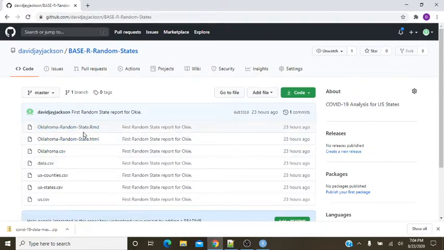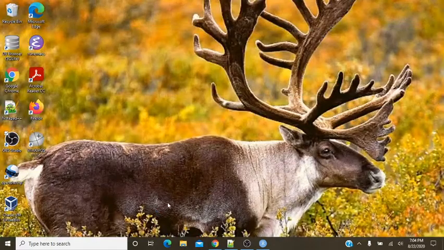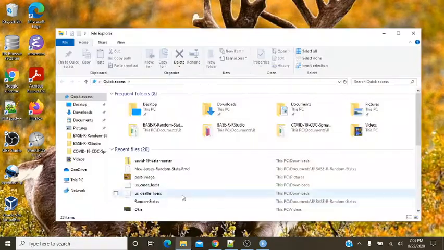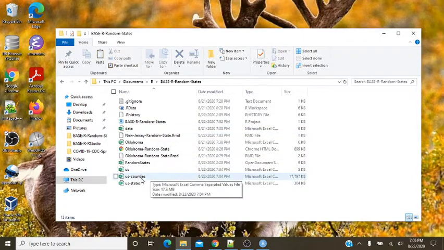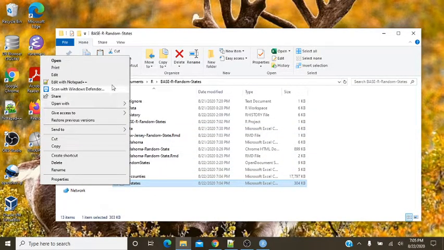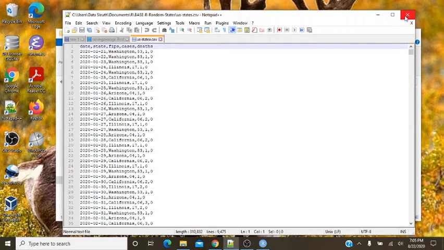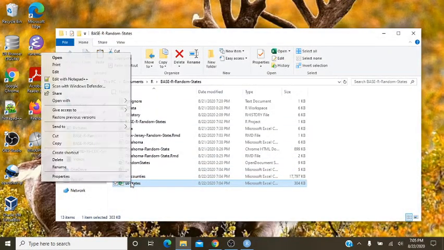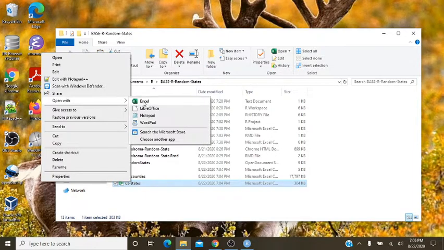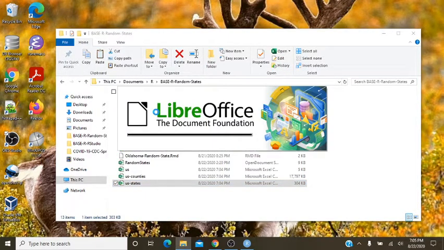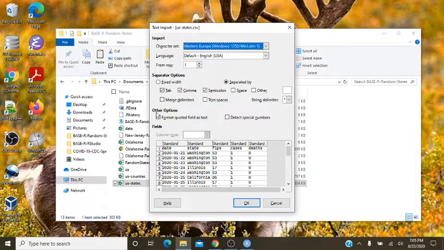So they can see the Oklahoma from last night and the Oklahoma data. Look at this. So we're going to be looking at the state's data. Again, this data is a cumulative total, so it means it's the total number of cases through death from January up until the 21st in this case.